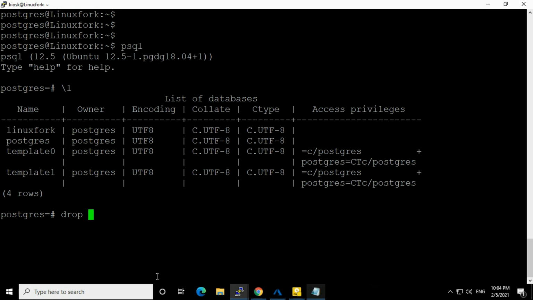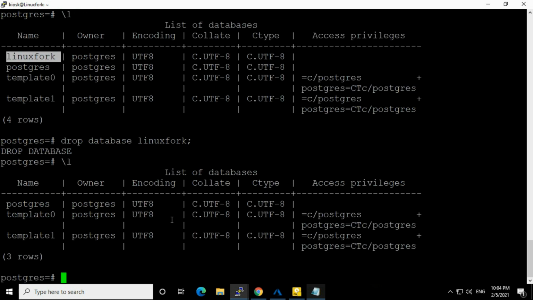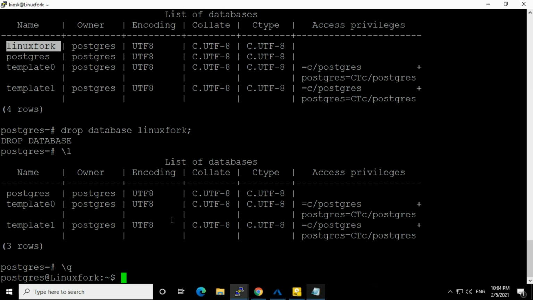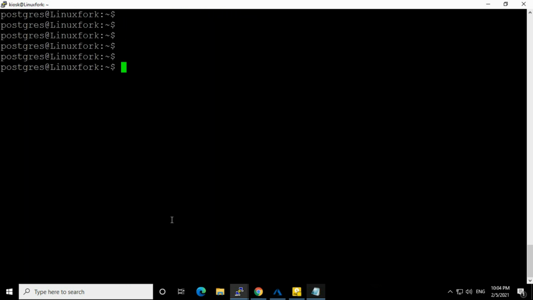I am going to drop this database using the command drop database and then the database name. We have dropped that database. That database is not present now. Just quit here and go for the restoration process.